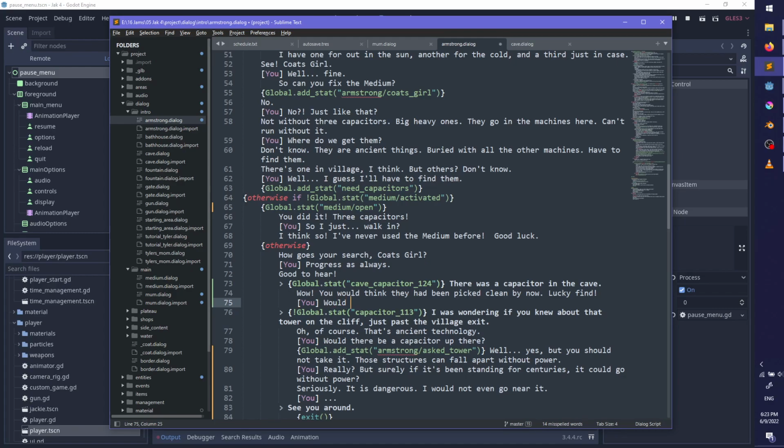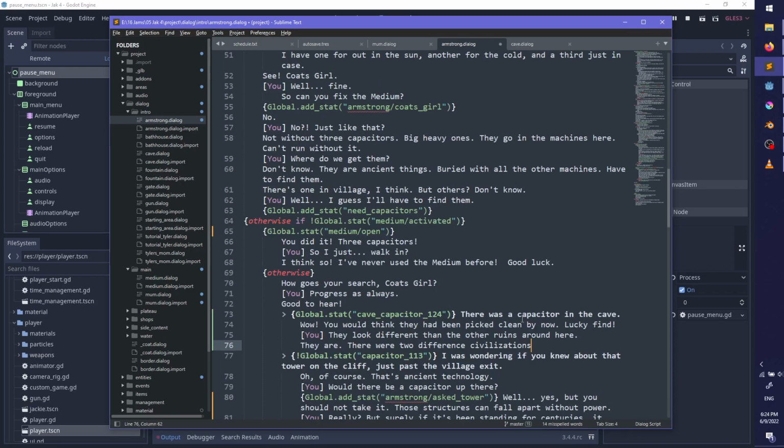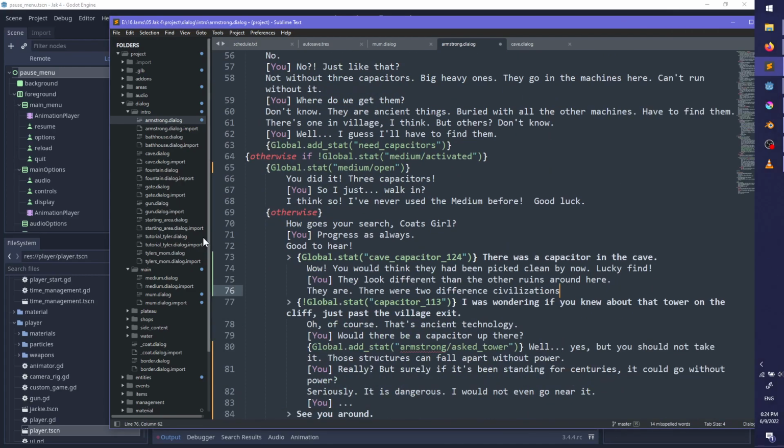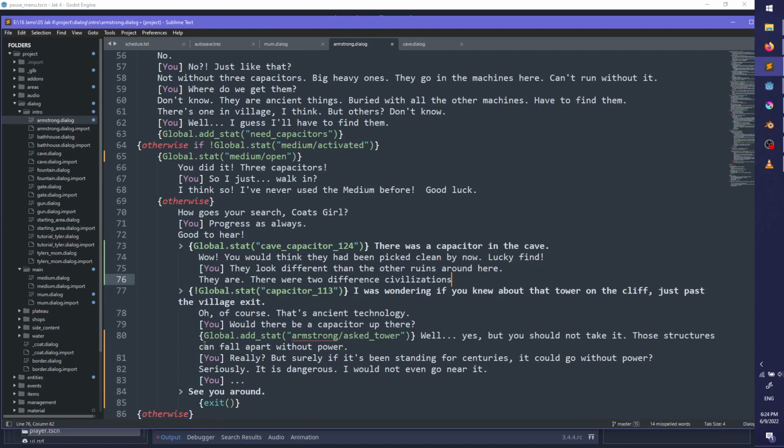Let's see, wood. Alright, so it'll also serve as an opportunity for him to give a little bit of lore, because, well, actually, I'll make that two separate things, so the player can have a reply.